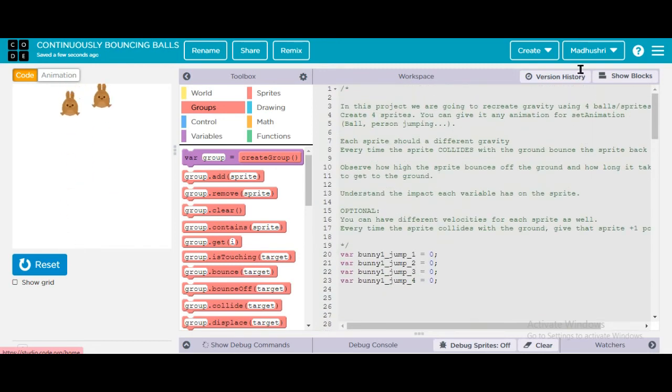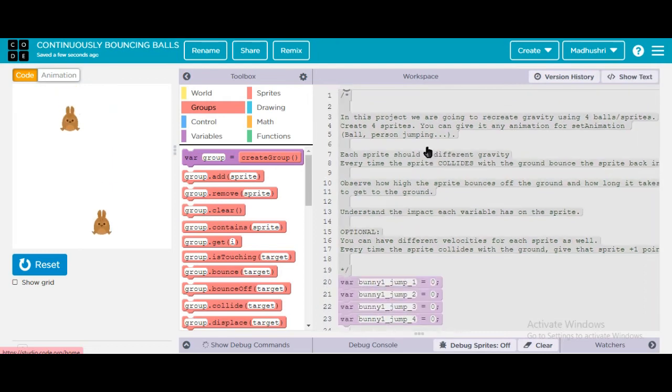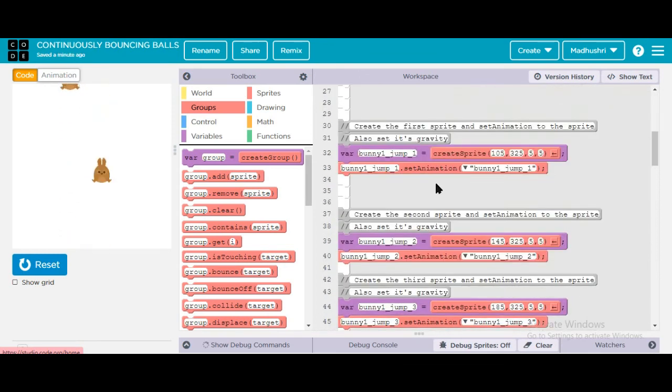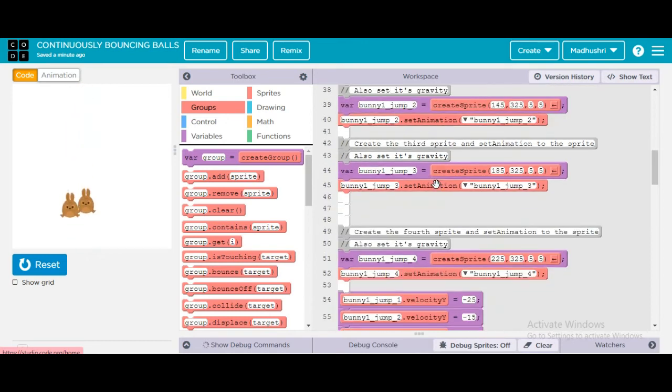One more thing I want to say: here the show blocks option is there. Some people are asking why you are not using blocks. Blocks are very easy, you will say, right? Yes, blocks are easy, but you will not be able to do normal text code in the future.